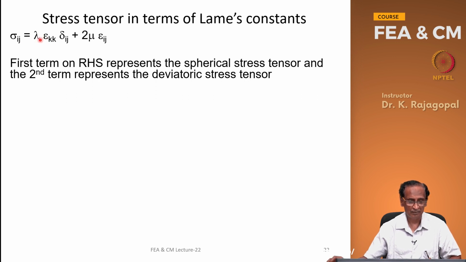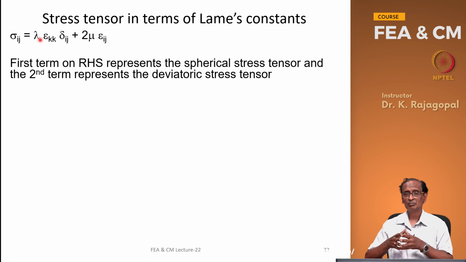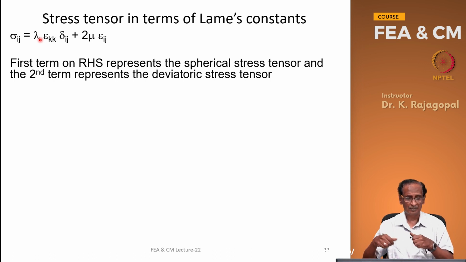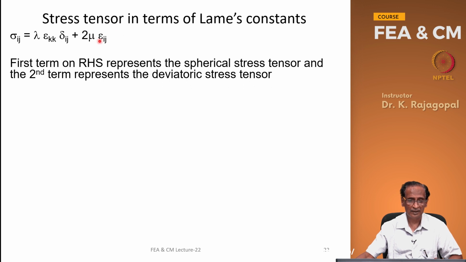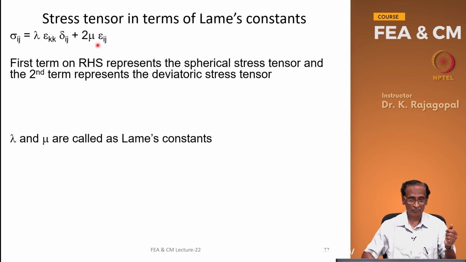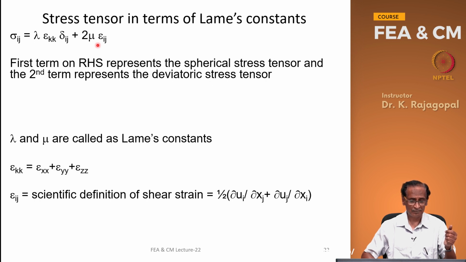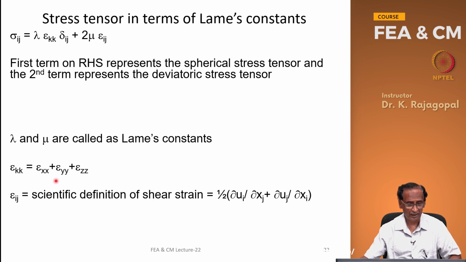Lambda is some parameter that relates to the bulk modulus, and epsilon kk is our volumetric strain, epsilon xx plus epsilon yy plus epsilon zz, and our epsilon ij, we will see, is what we call the engineering shear strain. Lambda and mu are called Lamé's constants, and our epsilon kk is epsilon xx plus epsilon yy plus epsilon zz, and epsilon ij is the scientific definition of shear strain,